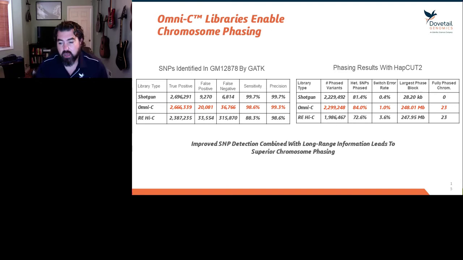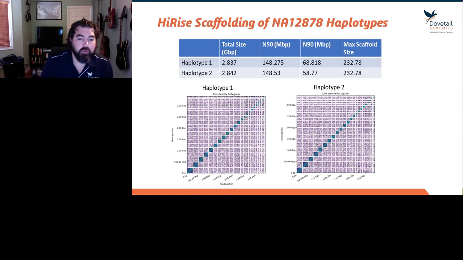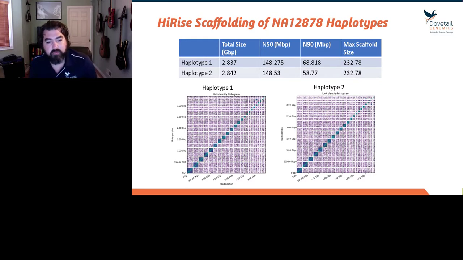So you can pretty much phase across the centromere, which again is something that shotgun data can't do. And then restriction enzyme-based Hi-C data just can't really quite get the same switch error rate because it's too gappy. There are too many regions with low coverage. And so one of the cooler things that you can do with this information is if you have PacBio data,